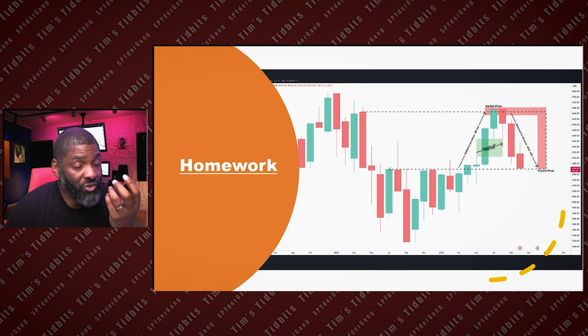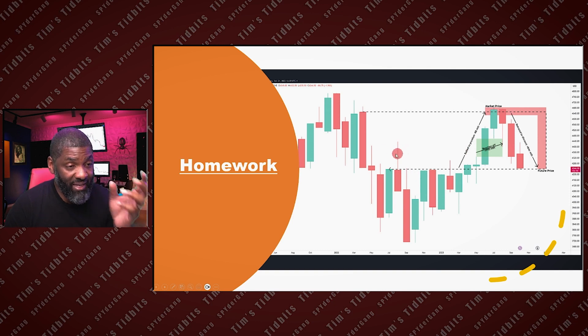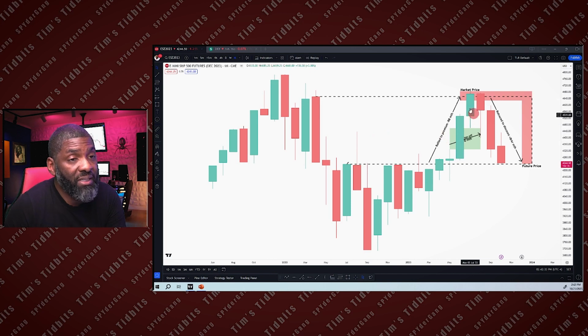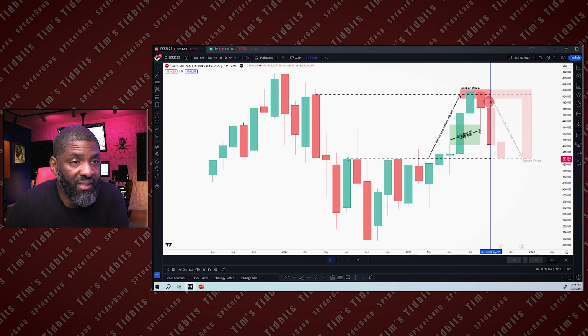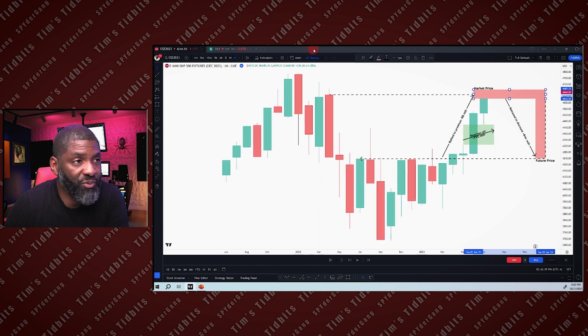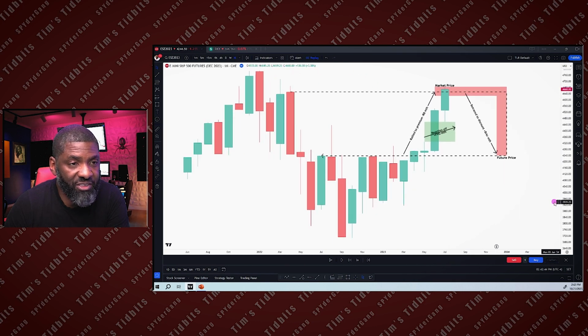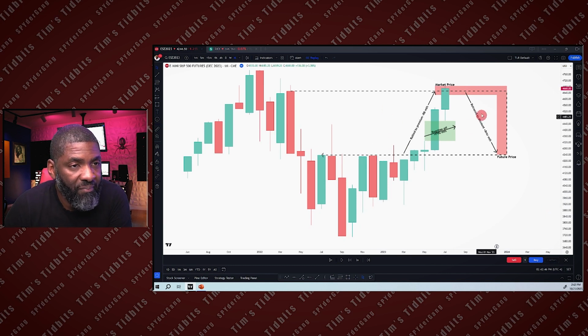Let's pull up my TradingView chart so I can break down what I've done here, and then you'll understand your homework more clearly. Here we are on the monthly chart for the year. Matter of fact, let's do it like this. Let's come back here and take away August through the future so that you can get a clear view of what I'm trying to show you. Now, this is the market price at the end of July, and this is the future price that we anticipate.